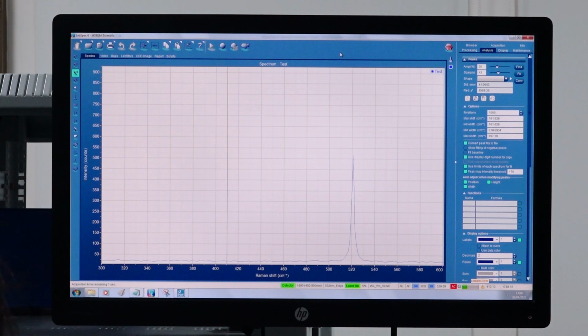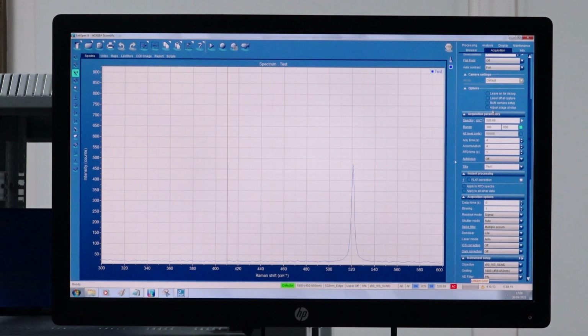So this is how an RTD signal is obtained. Now to do an acquisition, I'll switch off this RTD by pressing on the stop all to stop all active processes. Now to do an actual acquisition, I'll again go to the acquisition tab here. I'll go to acquisition parameters and I'll set the acquisition time and the accumulation. Acquisition time is the time during which the shutter will be open and the Raman signal will be collected. And accumulation is the number of times this is repeated for each data, so that on averaging the noise cancels out and you get the best Raman signal. So as you increase the number of accumulations, you will get a better signal, but then it is a trade-off because it will increase your acquisition time.